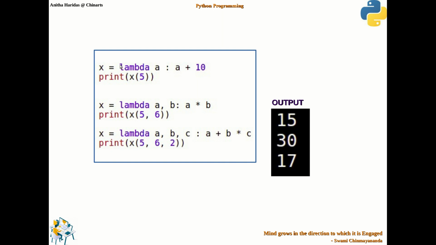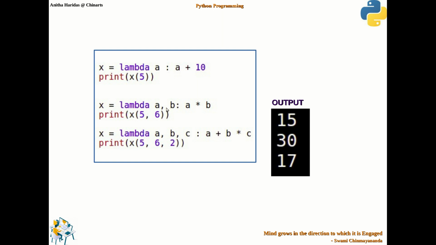Okay, and I am assigning the whole function to a variable called x. So when I say x of 5, 5 will be taken for the variable a, and 5 plus 10 will be evaluated, and it will be returning 15 to variable x, right? So this is how this function works.